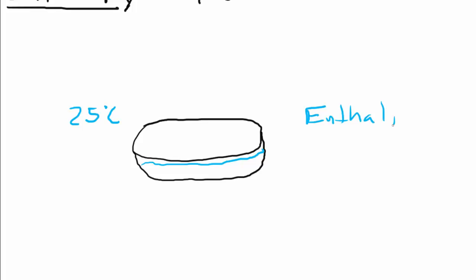Because if you took all of the kinetic energy of every single water molecule that you put into the bathtub, and they all have very close to the same amount of kinetic energy, because the average of their kinetic energy gives us this temperature called 25 degrees Celsius. If you took all of their kinetic energy and added it up, that would be the enthalpy of the water that's in there. Now, let's say we very carefully added some more 25-degree water to the bathtub out of the faucet. So we open up the faucet, and we add some more 25 degrees Celsius water into the bathtub.